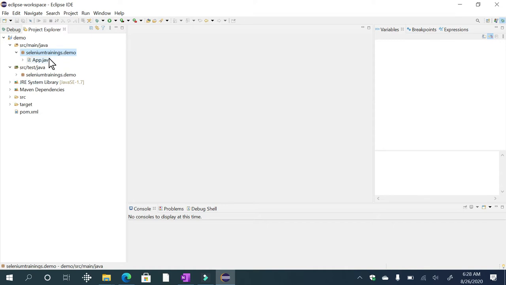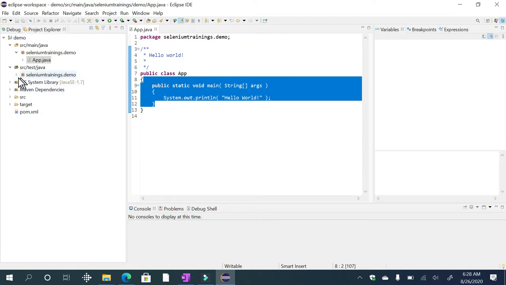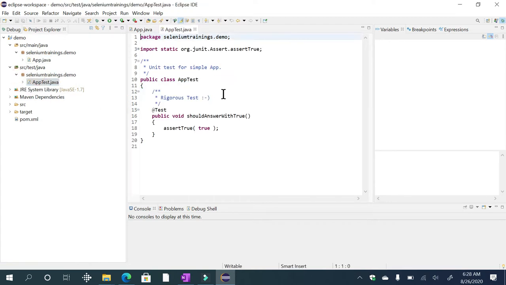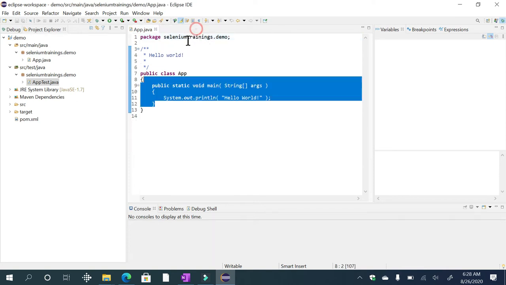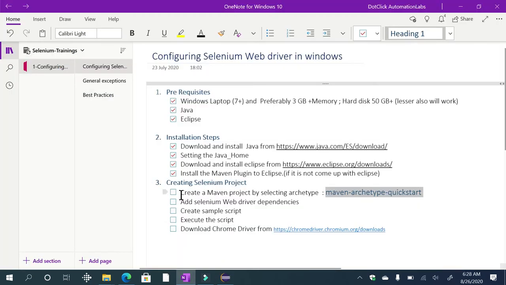It means your development code will go over here, whatever code you write, and your testing code will go over here. So currently we can ignore which part is ours and which part is development. But let's look at how we create a Selenium test script. Okay, so you created this.